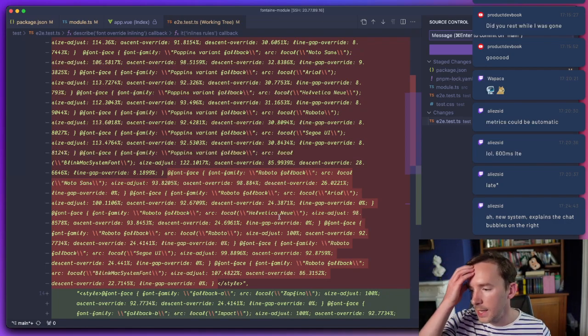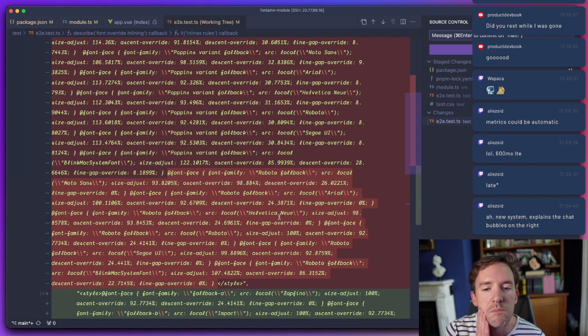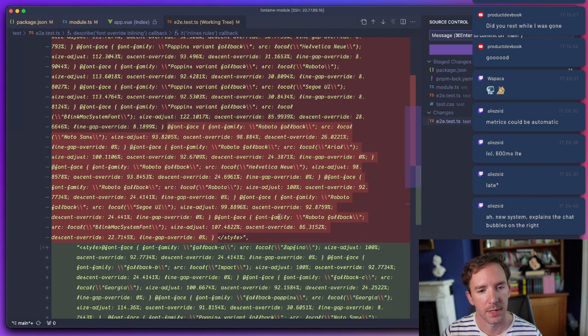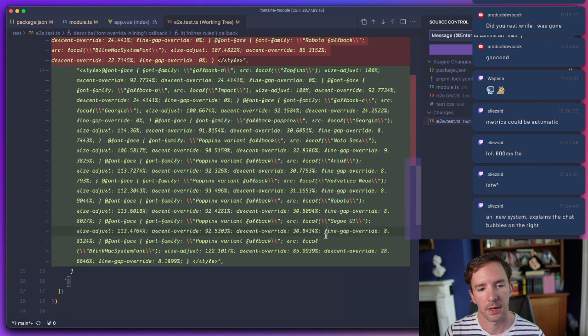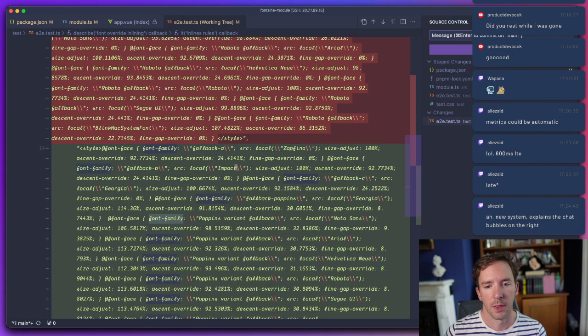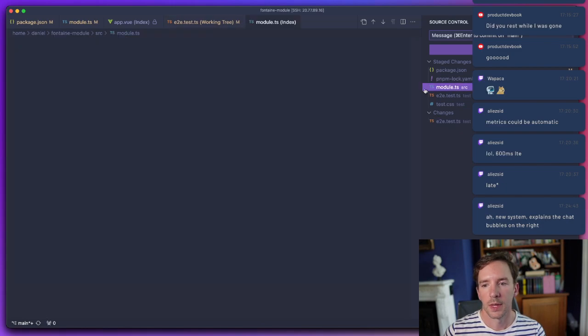Because ideally we would want to generate this. So we should have a Roboto fallback. Why are we not generating it? So at the moment we're only generating Poppins and then some other ones. So in here,